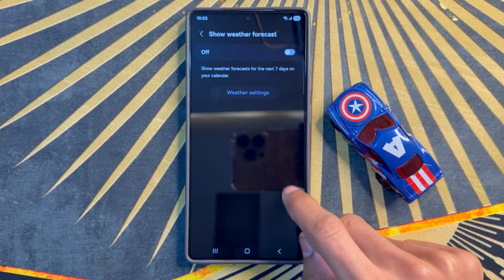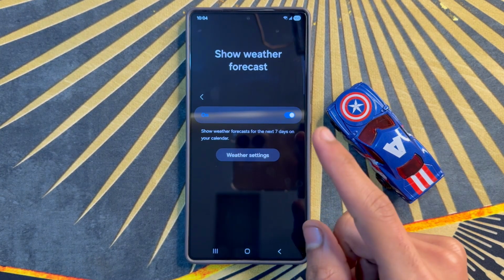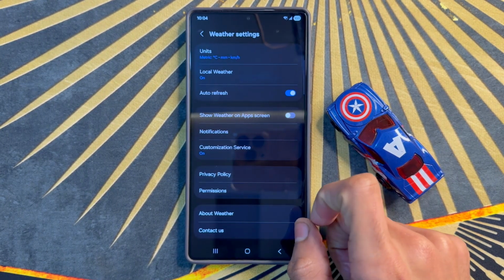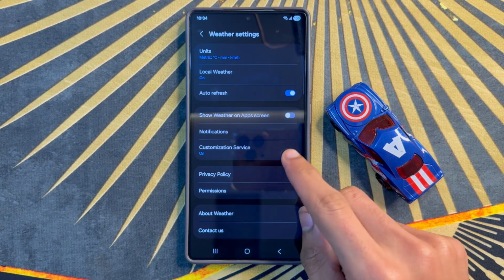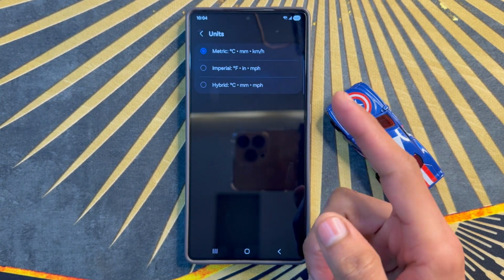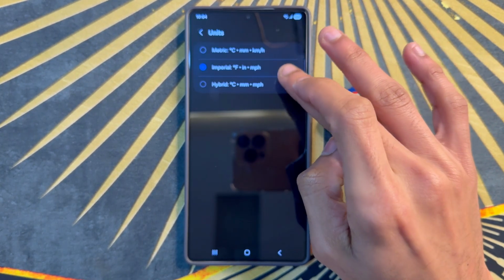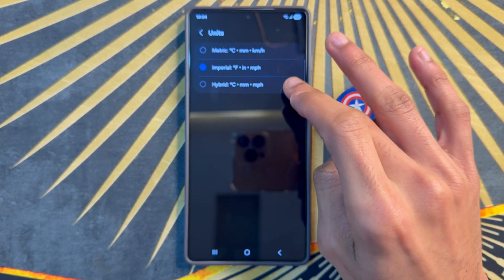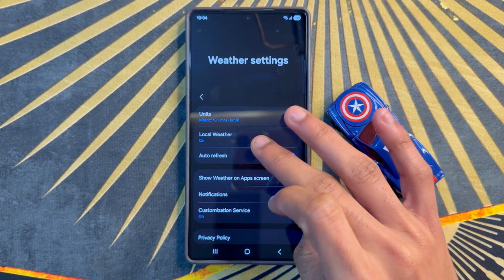After clicking on show weather forecast, turn on this button. After turning on this button, click on weather settings. If you want to change the weather forecast, click on unit. If you want to change the unit, select Celsius or Fahrenheit. After selecting,